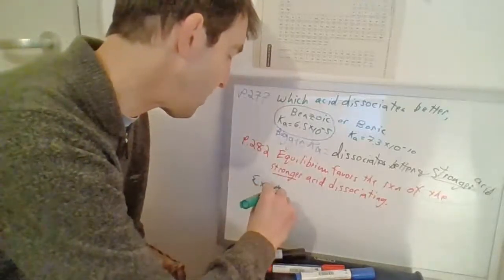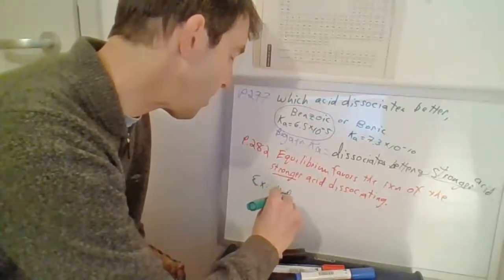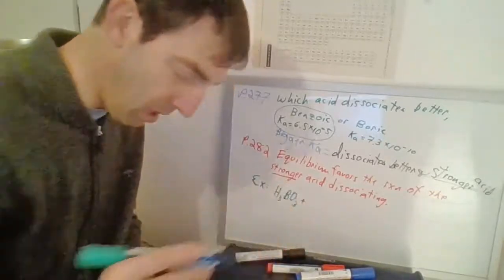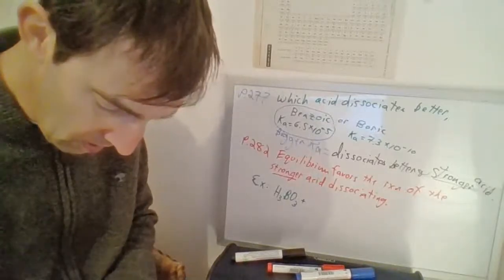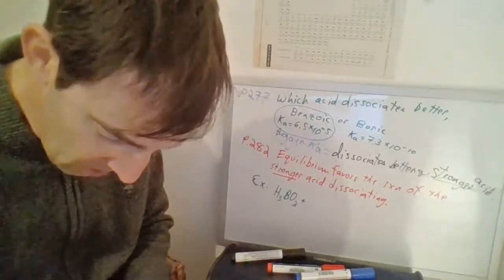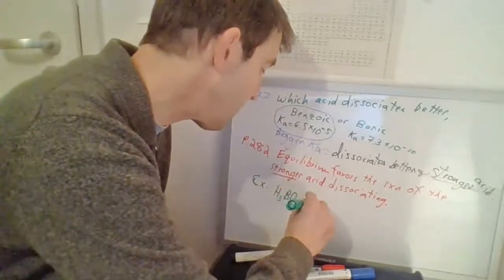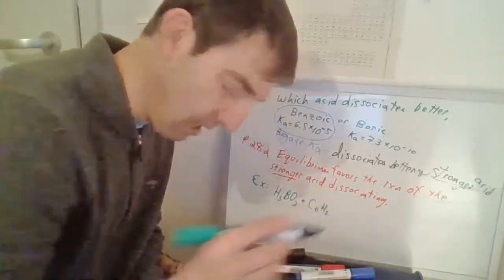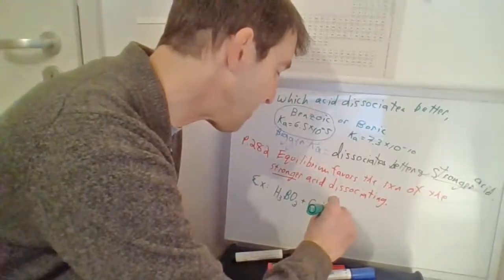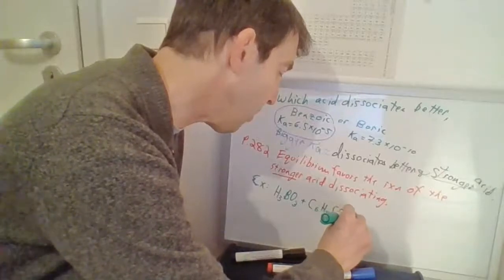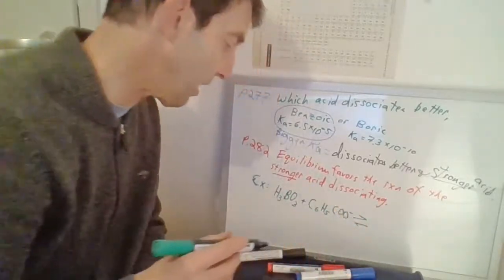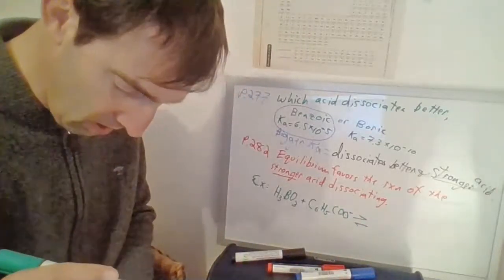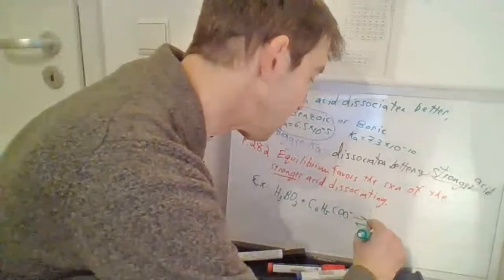H3BO3 plus... ooh, it's big, man... C6H5COO minus. Yes, they do write it that way. Double arrows goes to, make sure they just take off one. They do, they're playing nice. Goes to